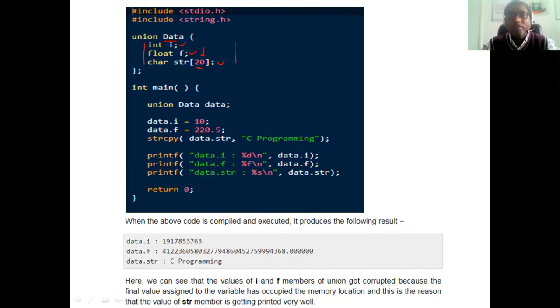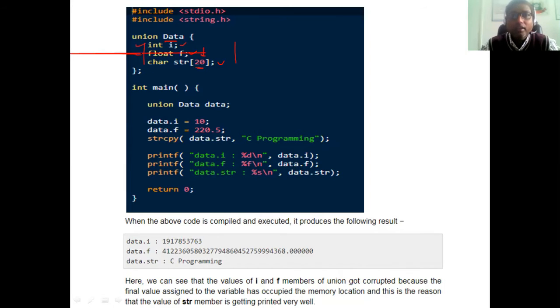For example, suppose there are only two members, integer and float. Integer requires 2 bytes and float requires 4 bytes. So which data member requires more space? The float data type requires more space. That means for the float data member we will allocate the memory once, and the same memory locations will be utilized by the other members.